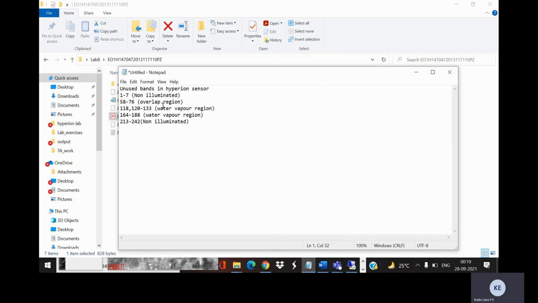any information. So band 1 to 7 is not having any information due to non-illumination, and band 58 to 76 is also not having information. That is due to the overlap between the very near infrared region and the shortwave infrared region.